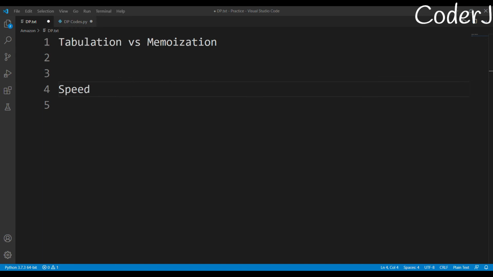But there are a few exception cases where tabulation will give you a TLE, but memorization won't. So worry not, we'll cover them also. Now the main question is, how will I solve the DP question? Which approach will I use in my future videos? Because I think this is the last video. After this we are moving to the coding part. This much theory was more than enough, at least for me. Now we'll try to understand it in a more practical way. So the question remains, which approach will I use?